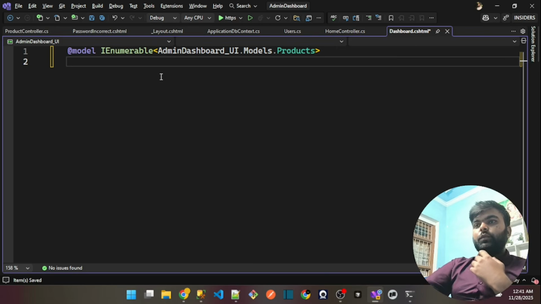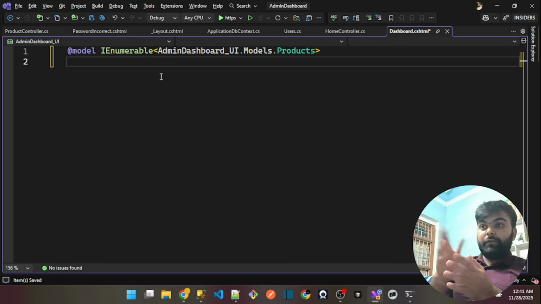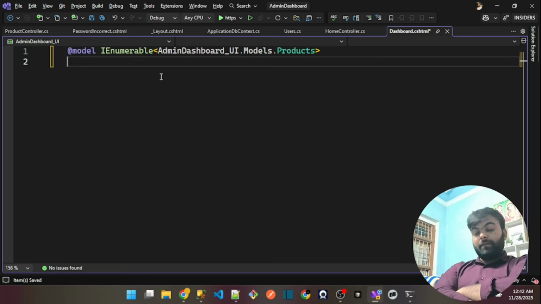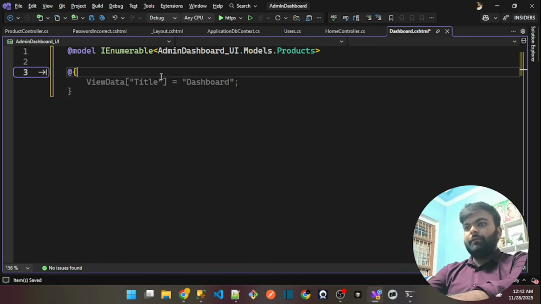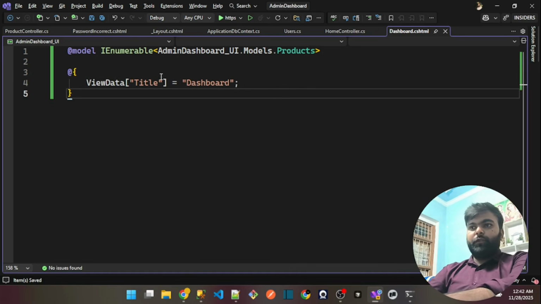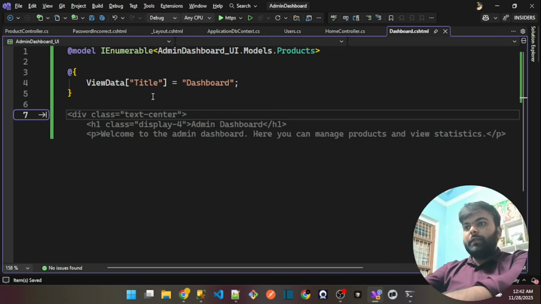Okay, so in this way, we have injected our collection of the products. It means that in this page you will see the list of the products that we want to add. Now there are a lot of things that we have to do here. First, I will define the view data. View data, the page title is dashboard. Along with that, you will see that